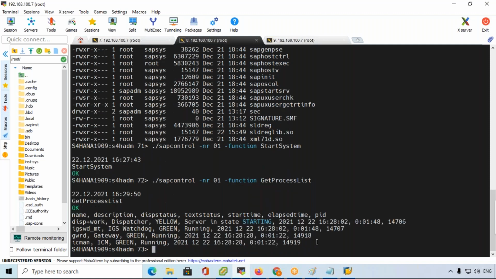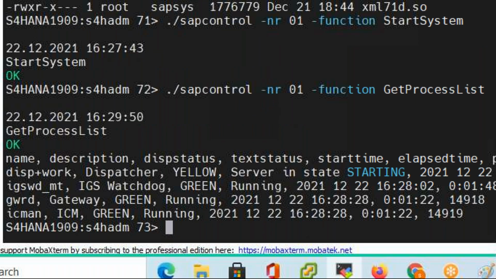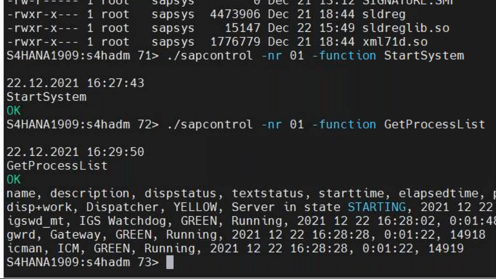Yeah, so you observe here, this means the dispatcher is yellow, it is not started completely. Started completely means green, so that is yellow.